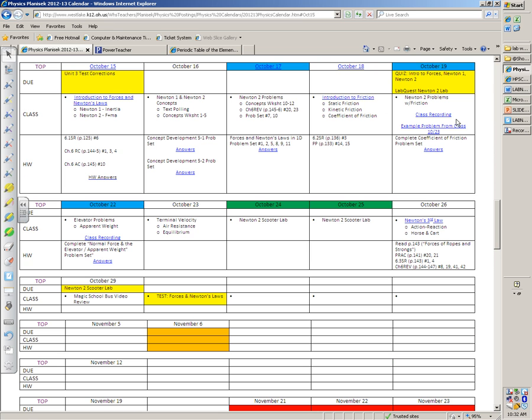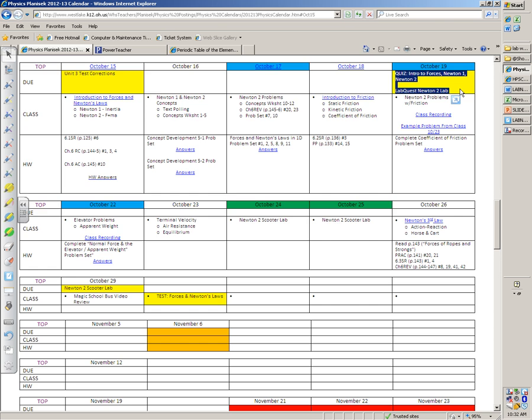First, as far as the calendar goes, this morning I updated a couple things on the calendar. Last week on Friday, you took the quiz. The quiz is graded. It's back in the tray back there, so hopefully you got that by now. Second, the lab that we did not yesterday, but 2 weeks ago with the carts that were on the table and rolling off there. We have enough information now to answer those questions. We have enough information to make those graphs, so please get that turned in ASAP.